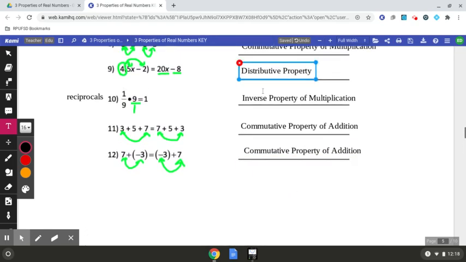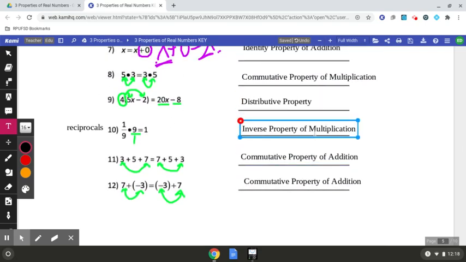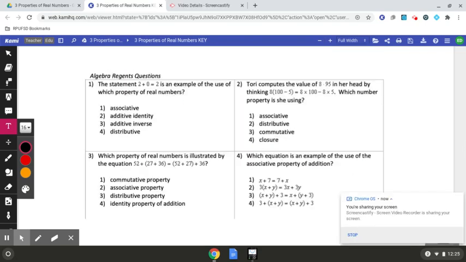Okay, so make sure again that you're writing these down, the answers. If not, they're going to be on the answer key. Okay, so these are the Regents questions that go with this. Some of them are a little bit harder than others. Some of them are pretty straightforward. But the first one says the statement 2 plus 0 equals 2 is an example of the use of which